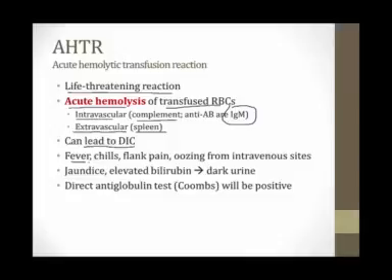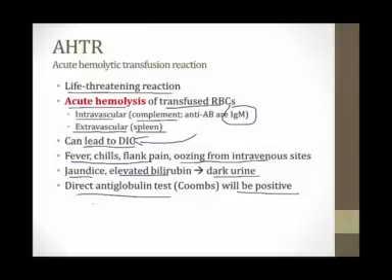This can present with fever and chills and flank pain. There can also be oozing bleeding from intravascular sites if the DIC has caused a coagulopathy. There can also be evidence of hemolysis like jaundice and elevated bilirubin and dark urine. And if you perform the direct antiglobulin or Coombs test, this will be positive. This is a test for antibodies coating red blood cells, and there are antibodies coating red blood cells in this